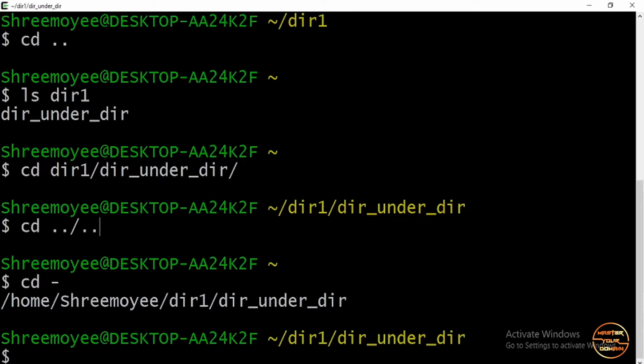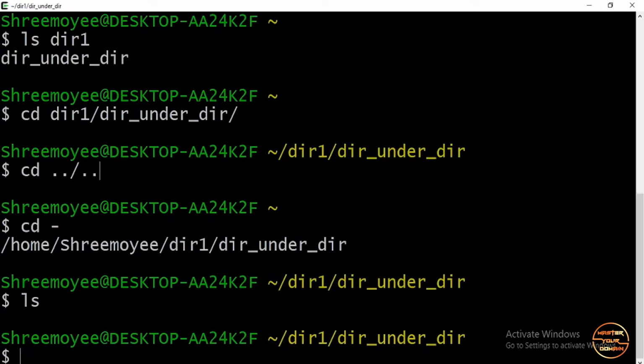Fine. Now let's see the contents of this, and there is nothing at all under dir. Now I want to make directories with the command mkdir, meaning make directory, and I want to make maybe 4 directories, say p1, p2, p3 and p4, 4 individual directories.